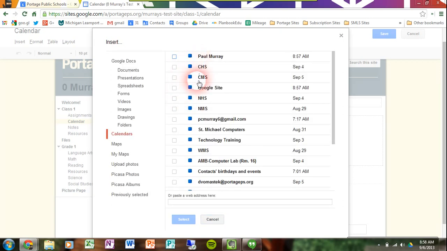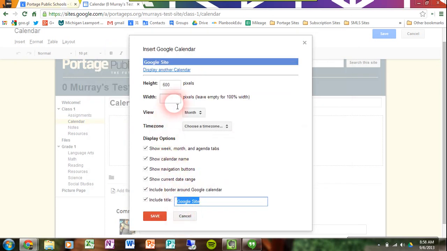it will list all of my calendars available to share with others. I'm going to choose my newly created calendar Google site. Click there. Now my select option has come alive, so I'm going to go ahead and click on select. And there are several options that you have here in your calendar. You can display another calendar within the same gadget if you like, and you can change the height and width and whether or not the month is shown, or an agenda or week. There are all sorts of options. I'll let you play with those as you see fit for your particular needs. I'm just going to go ahead and click Save,